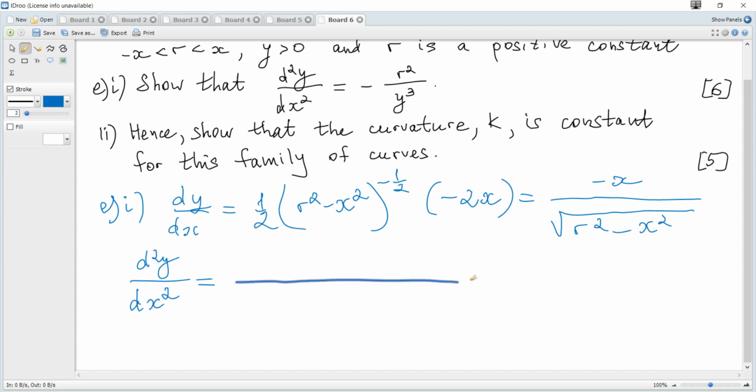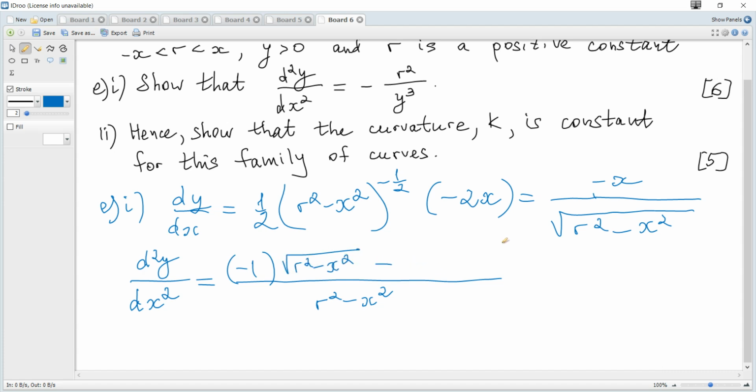Applying the quotient rule, the derivative is over the denominator squared, so just r squared minus x squared, and the numerator becomes the numerator's derivative, which is negative 1, times the denominator,